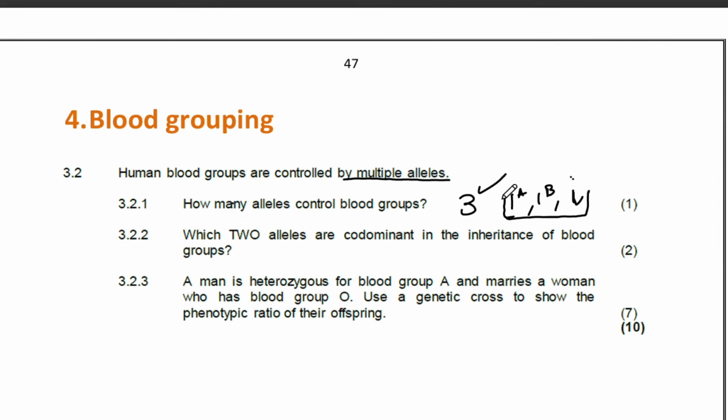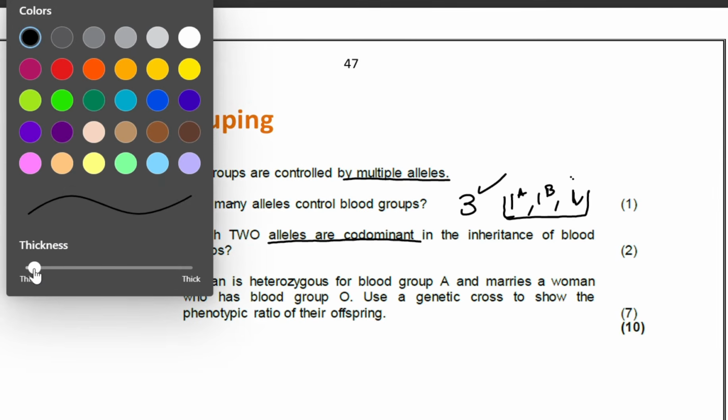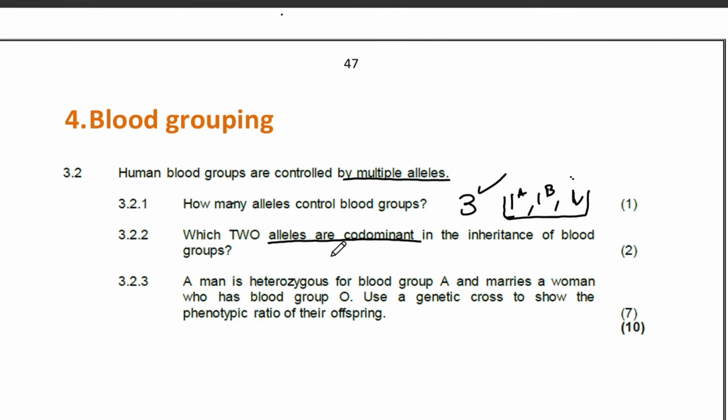Okay, so 3.2.2, which two alleles are codominant? So out of the three alleles that we have that control the blood groups, what are the two alleles that are codominant in the inheritance of blood groups? That is obviously IA and